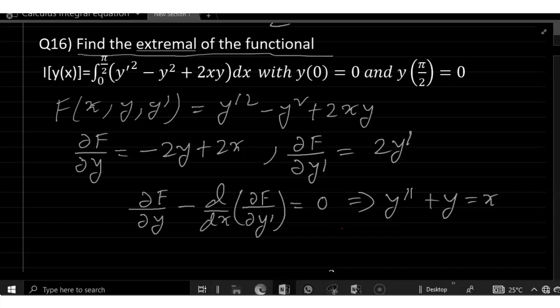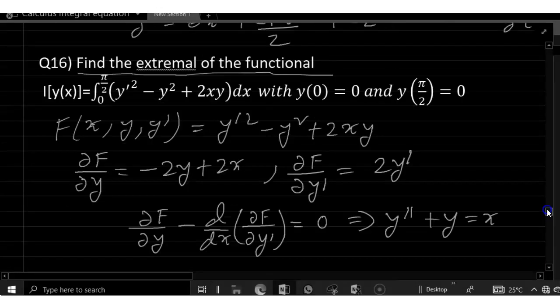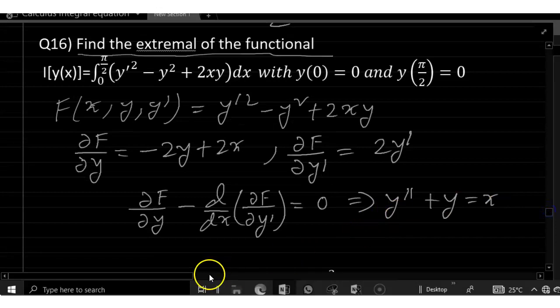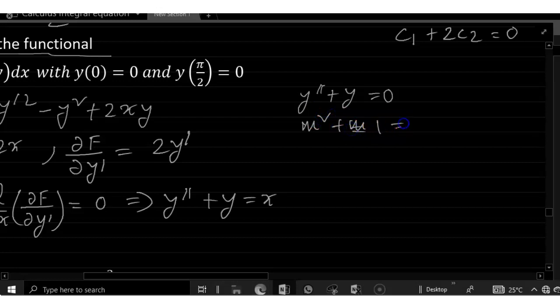So now we see that y double dash plus y equals 0. So m square plus 1 equals 0. So m equals plus minus i, and